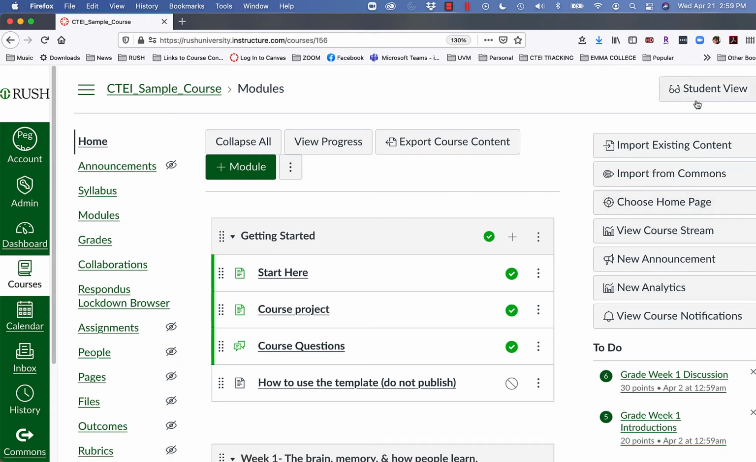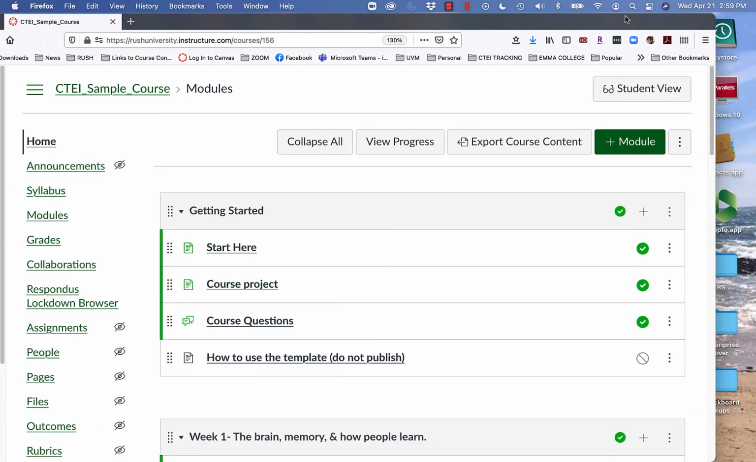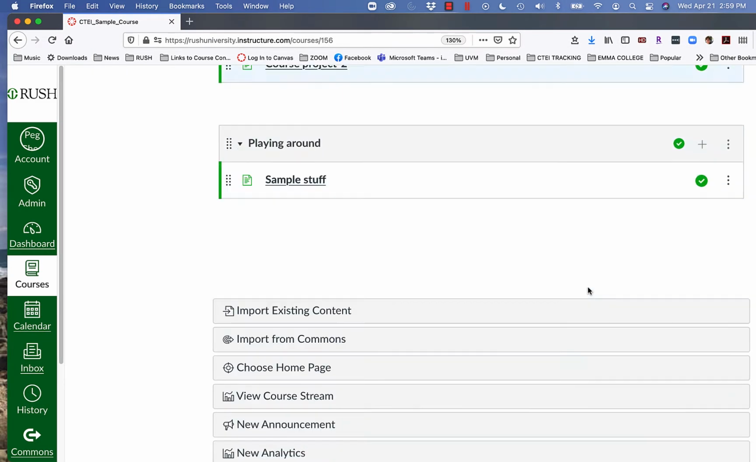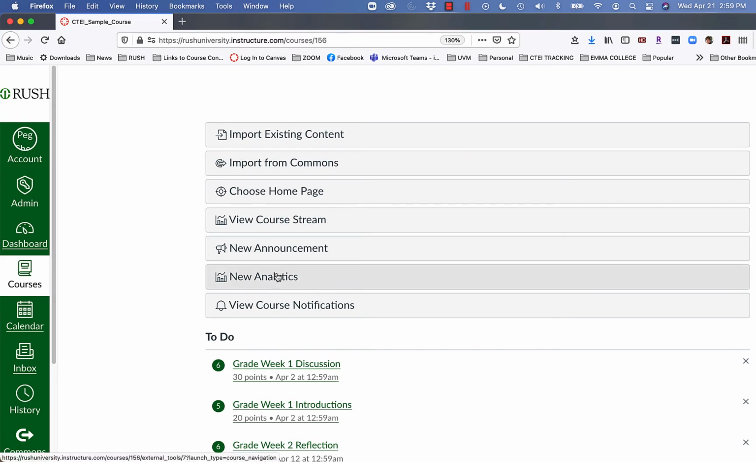I did discover that if my screen is on a smaller device, if I move it to something smaller, you can see that it disappears. But worry not, it hasn't gone away, it's just down low. So it's still here. It's just not as neat and tidy. So anyway, if I click on this New Analytics button,